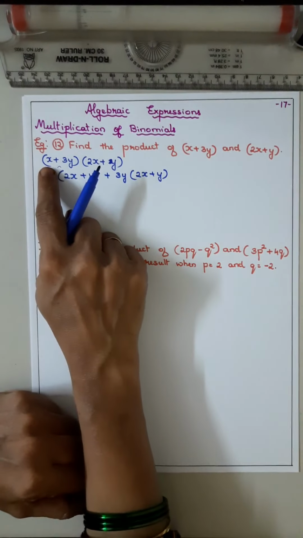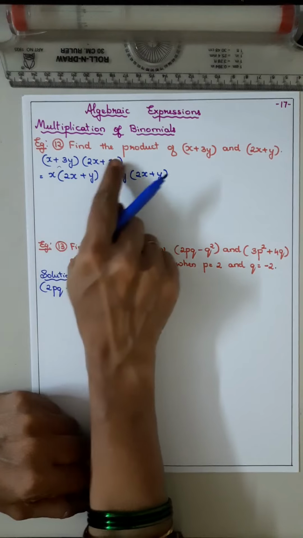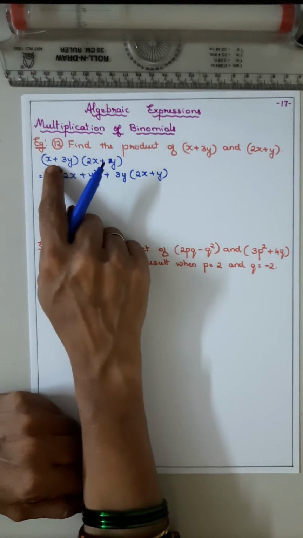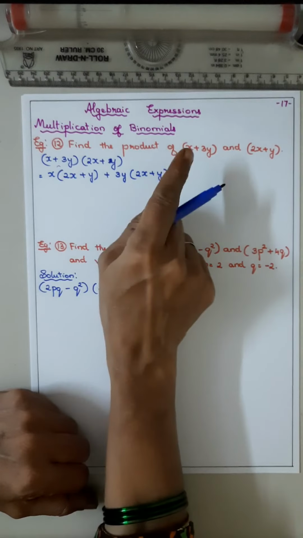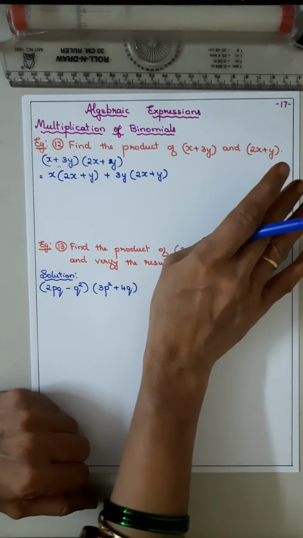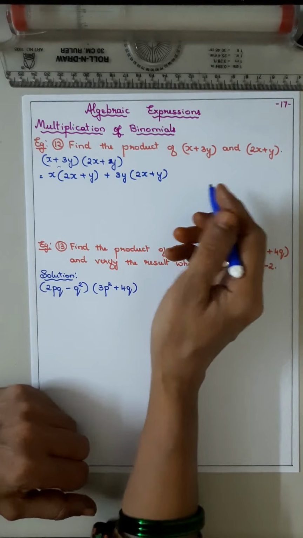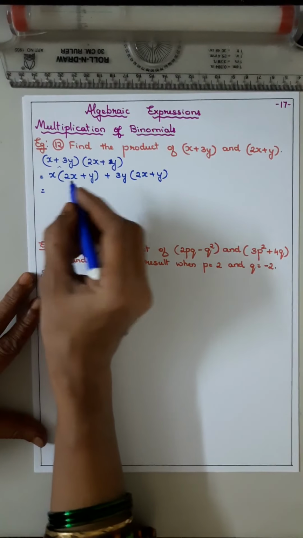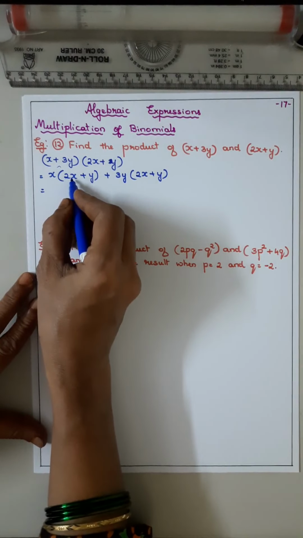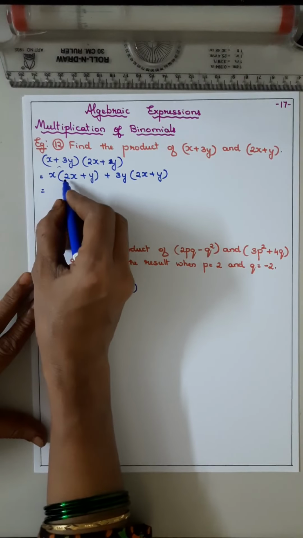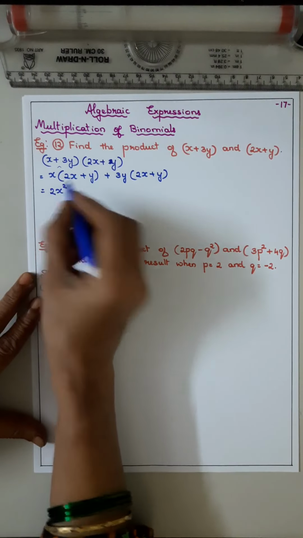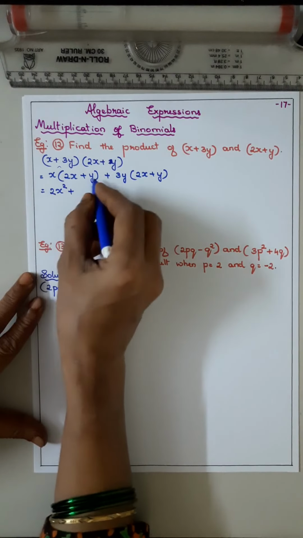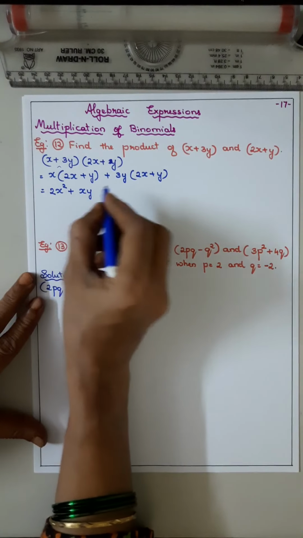So from the first binomial, first term into the second binomial, put the sign of the second term of the first binomial and then multiply the second binomial. Understood? Now directly, x into 2x means 1 2s are 2, x into x is x squared,